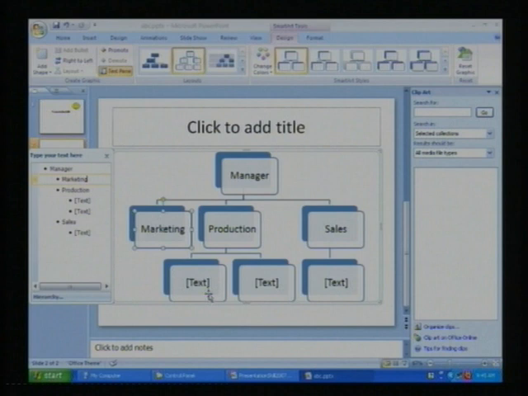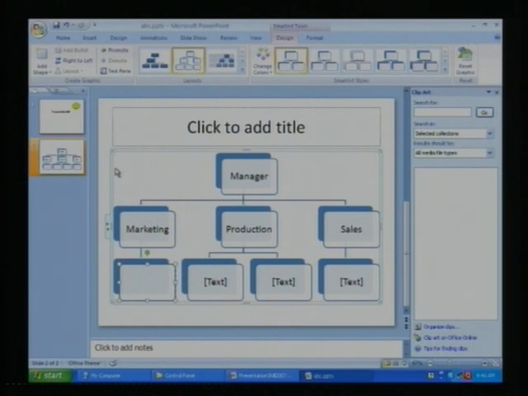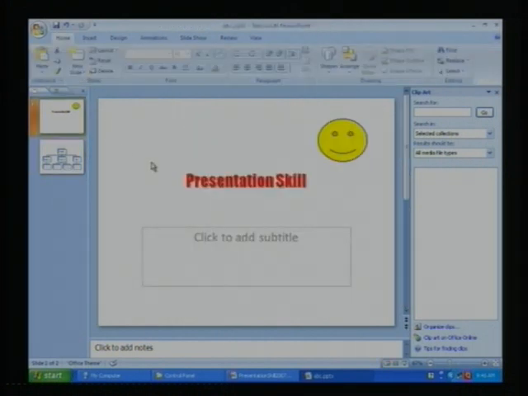Okay, then whoever is coming in that department can be managed from here onwards. If you want to create a child entity of marketing, simply go to marketing, press enter, specify the indent, and you can add one more child entity under marketing. So this is the way in which we can prepare an organizational chart using a PowerPoint presentation.